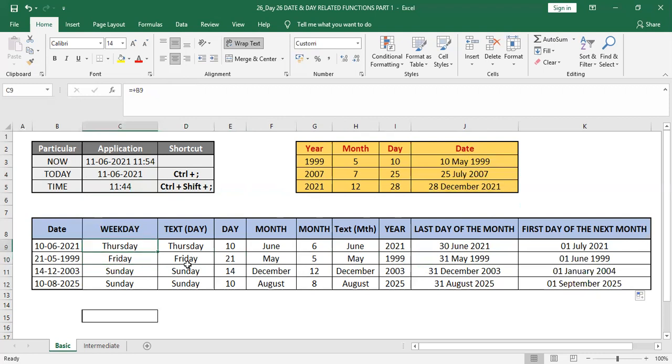Then we have used how the TEXT formula can be used in different contexts to get the day and to get the month. Then how we can use the DAY, MONTH, YEAR formulas, and then the EOMONTH formula to get the last day of that particular month and the first day of the next month. So hopefully this is not the jumbling part.